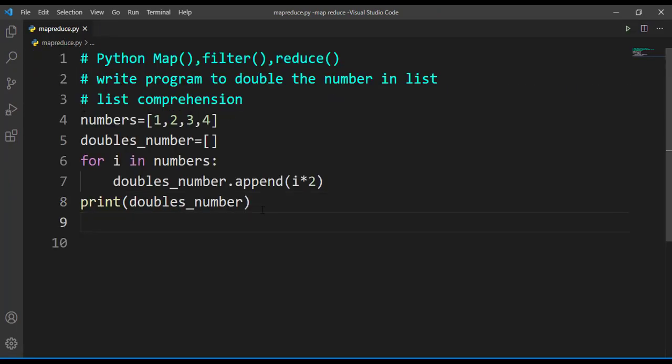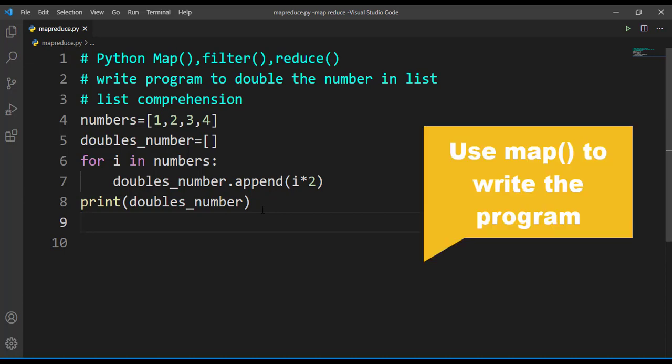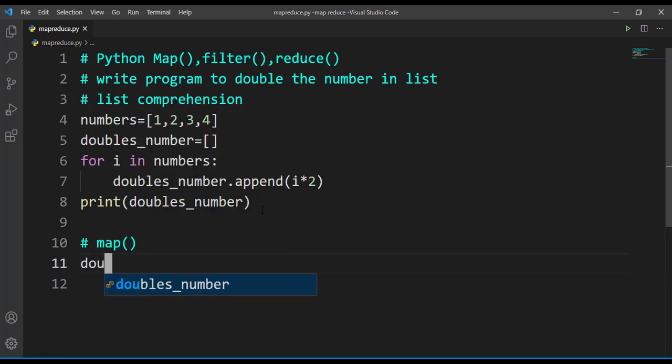Now, can we write this program using the map function? Yes, of course, we can make changes using the map function. Now let's see how we can modify this program using the map function. Let's say we will take the same name, doubles_number equals, and then we'll use the map